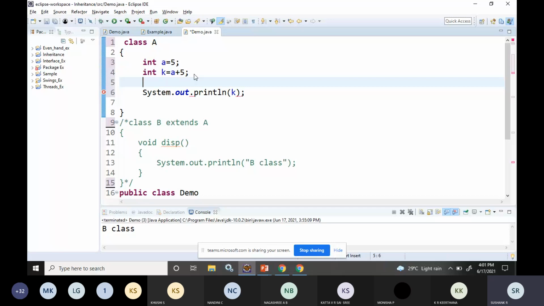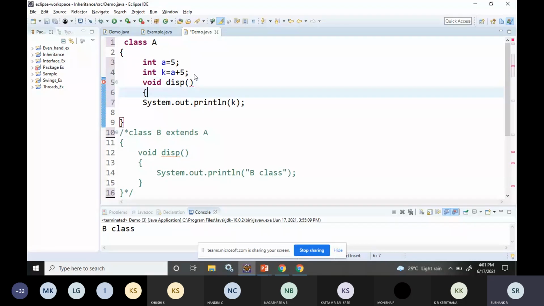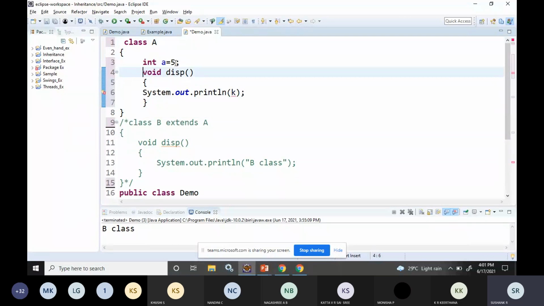Whatever I want to print, I have to write it within a function inside the class. That's why I'm getting the error here. I'll write it now, and you won't get the error. Because a class is a collection of variables and functions, I was trying to print the statement directly in the class, so that's why I was getting the error.